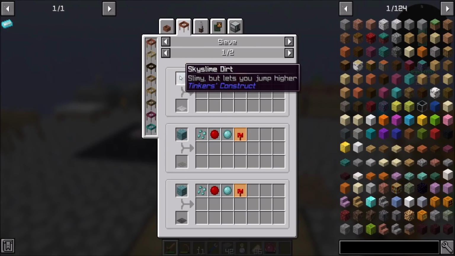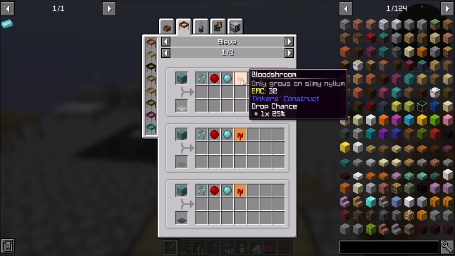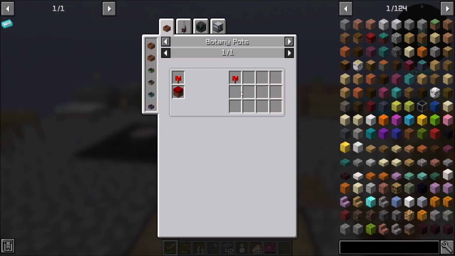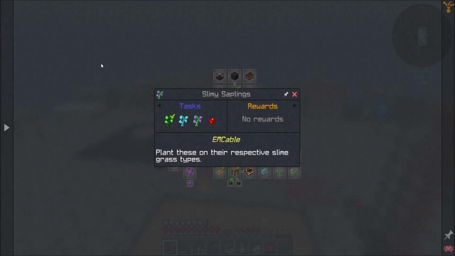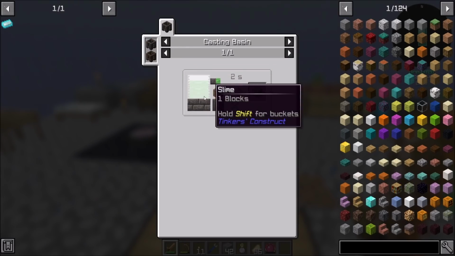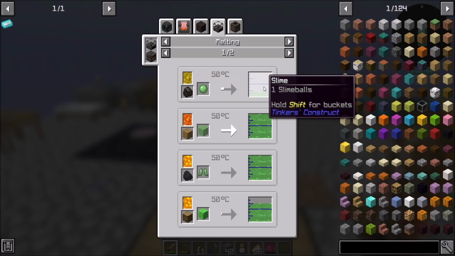And blood shrooms we get from sky slime dirt, which is craftable, by the way. So if we need blood shroom for something, then I guess we'll figure it out. But first things first, let's get this stuff. So we're going to want some earth slime dirt. So pour a block of slime, which is...